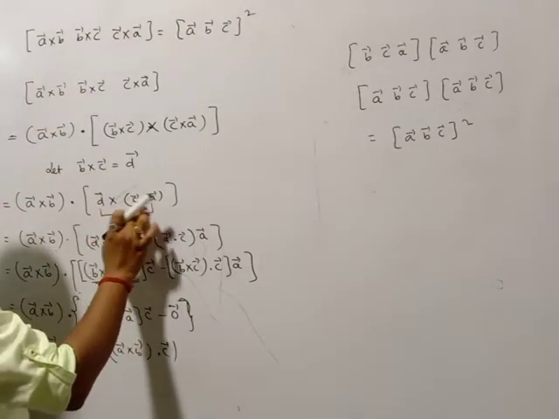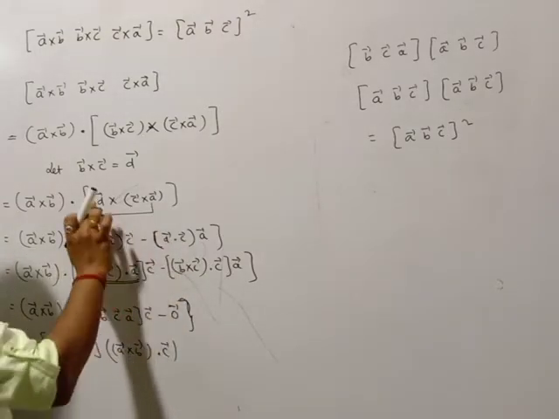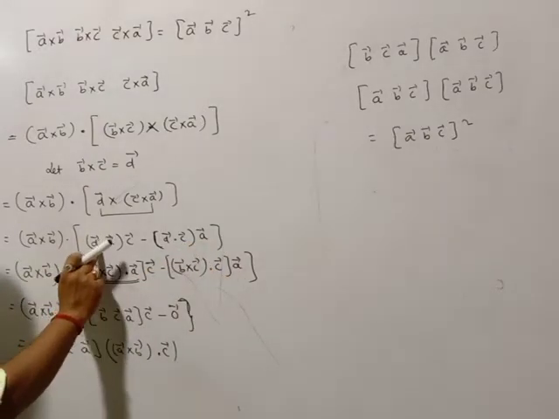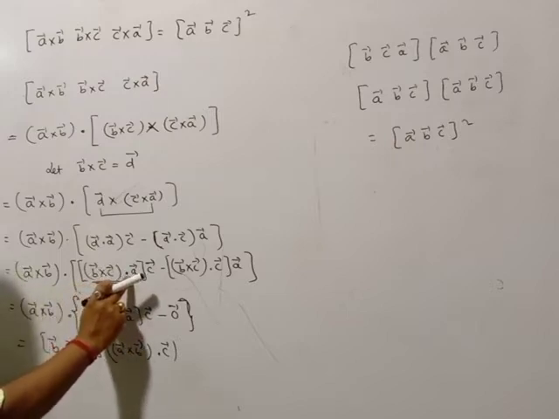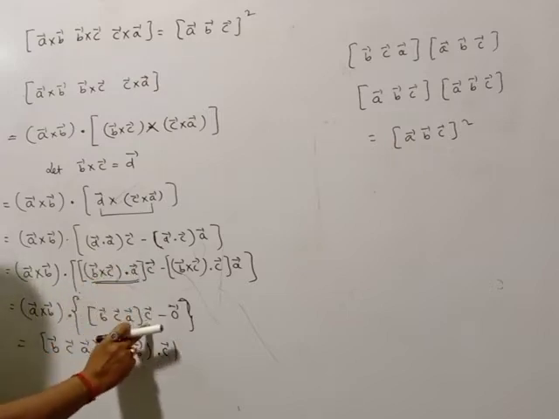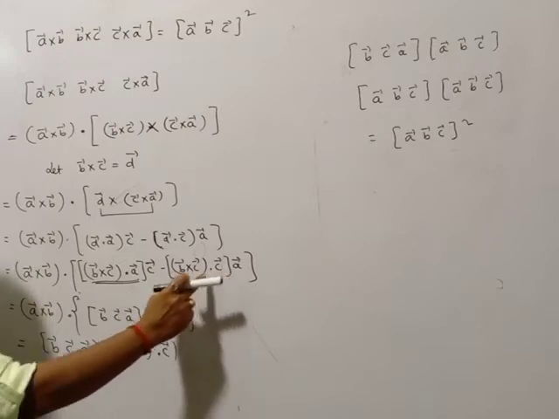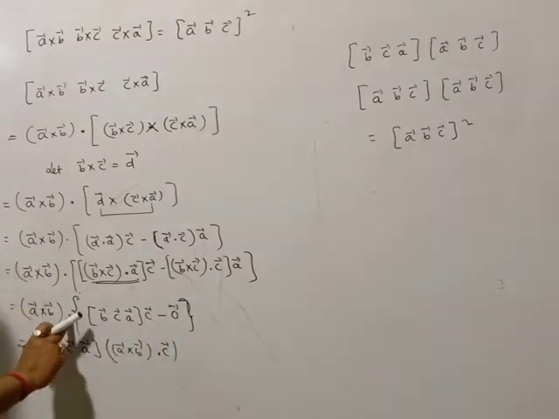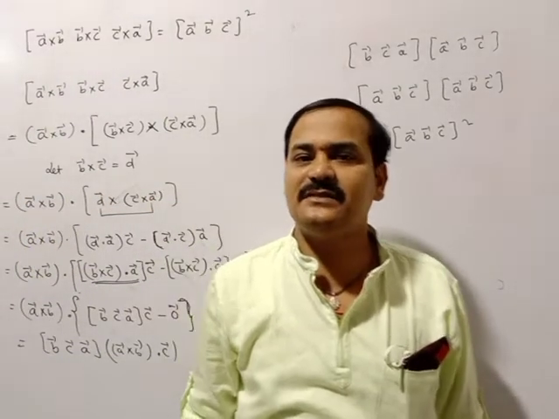So this is a cross product of 2 vectors: first into third into c bar minus first into second into a bar. So a bar cross b bar dot, now I substitute the d value b c a. So here cross dot means it is a box into c bar. It is the same box but the 2 vectors are same, so it is 0. 0 into a bar is equal to 0 vector. Now you multiply, dot into c bar, and finally you can get this. This is question number 8, and these 2 questions are very important.